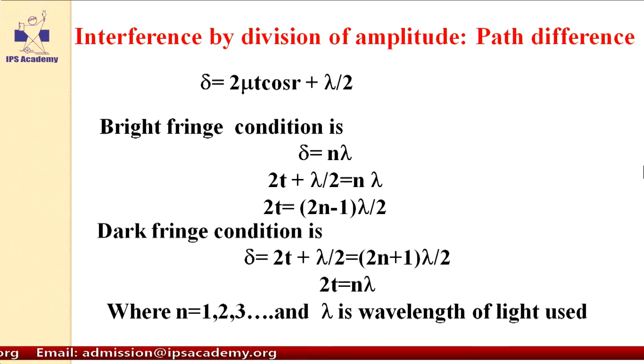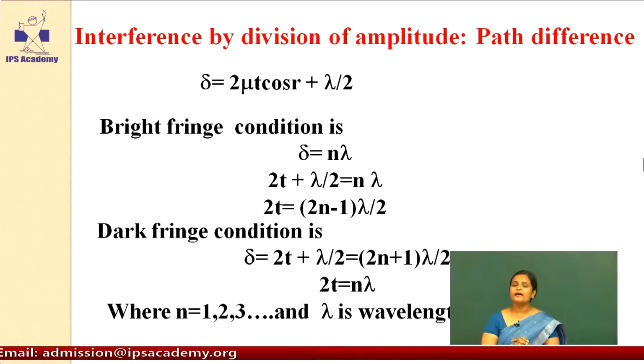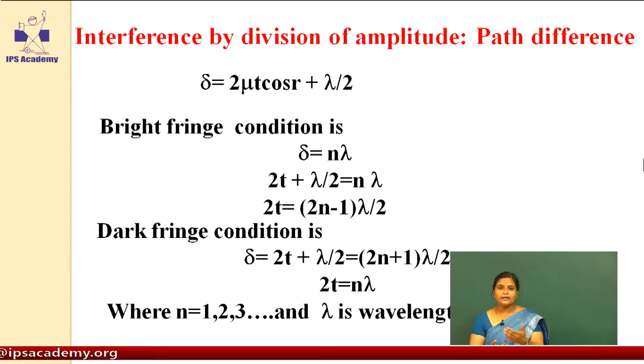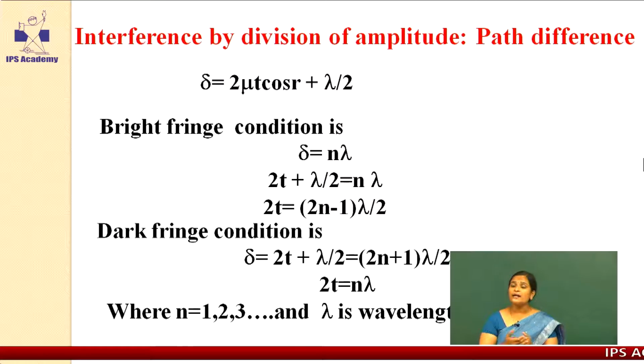So this is the concept of interference when we have to find the condition of dark and bright fringes. We are getting the dark and bright fringes. So now we should know the condition of dark and bright fringes. Why are we getting dark at the center and bright afterwards, and again dark and again bright? There is a reason behind that. So you should know the path difference between the two light beams which are going to interfere.